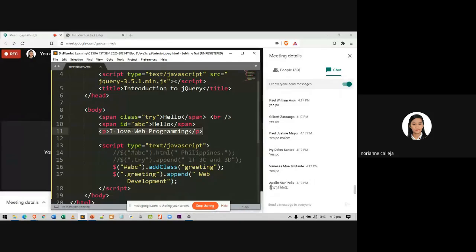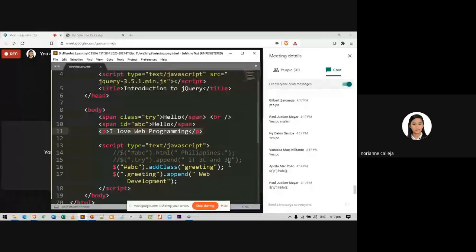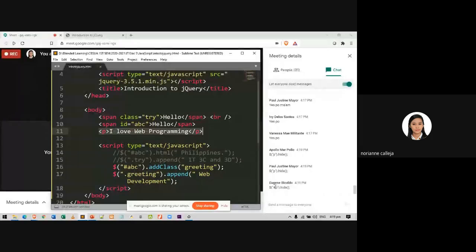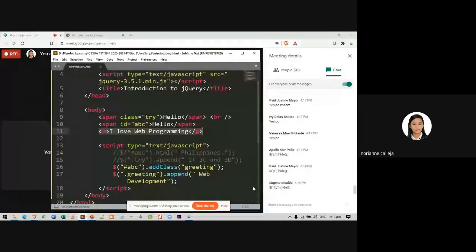Okay, hashtag, dollar sign, P, height. I can see a pound there. Any other answer for that?